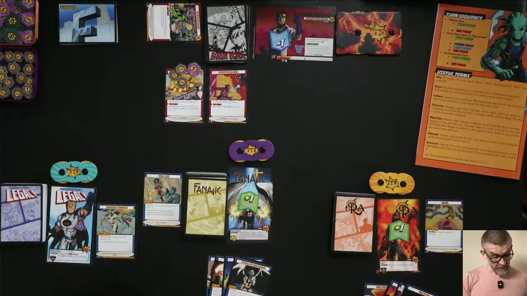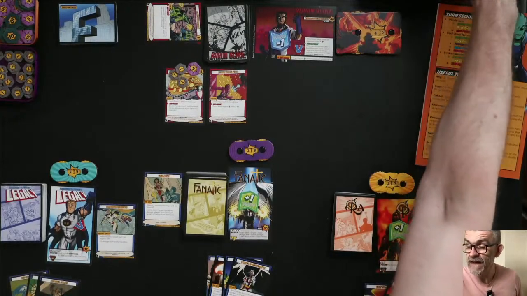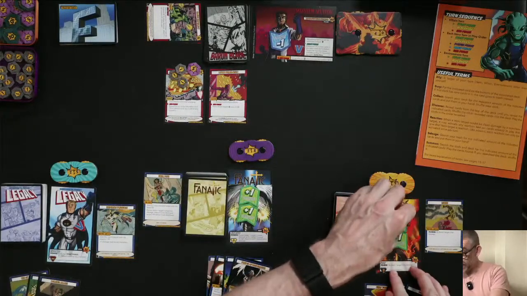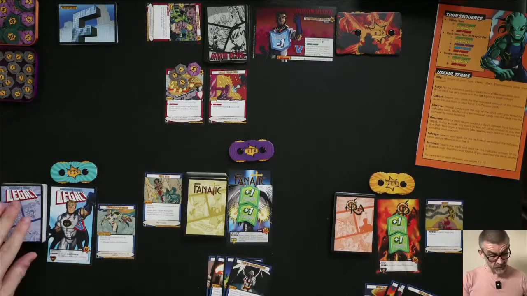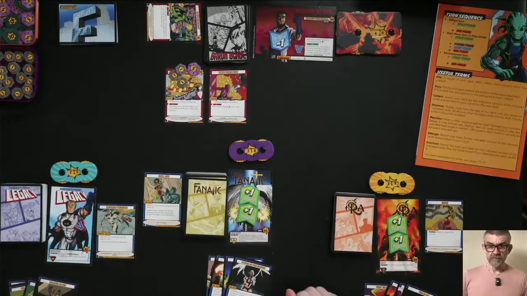And then we can use a power. Until your start phase, +1 damage dealt by ally characters. So we will use that power. And now they are both dealing +2 damage. And that's our power phase. We draw a card and the end phase, and that's it. So then